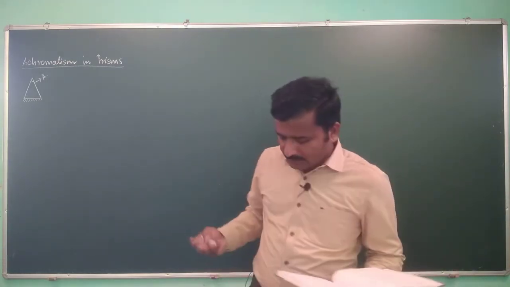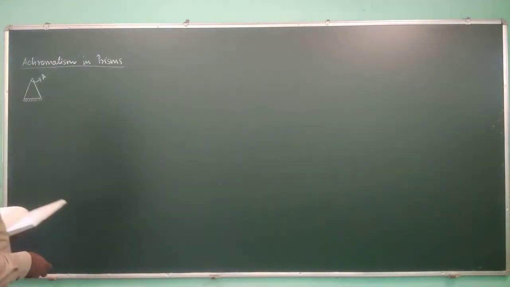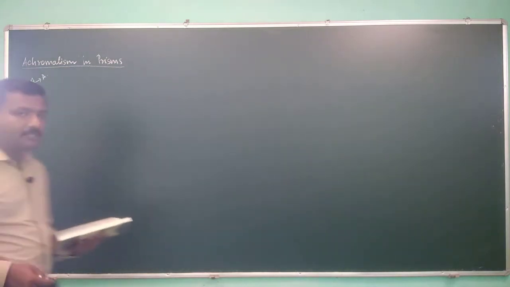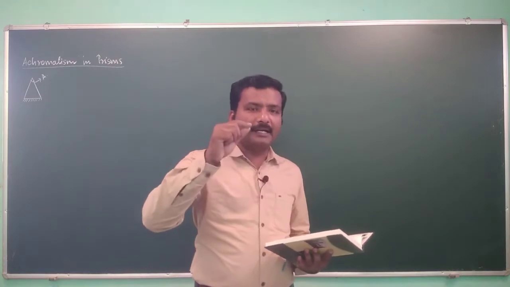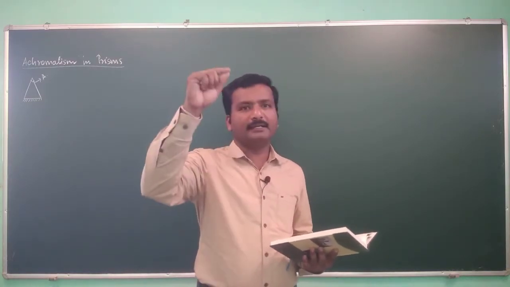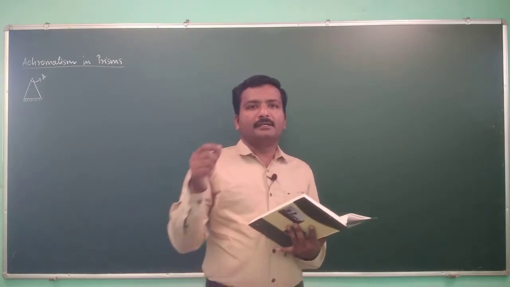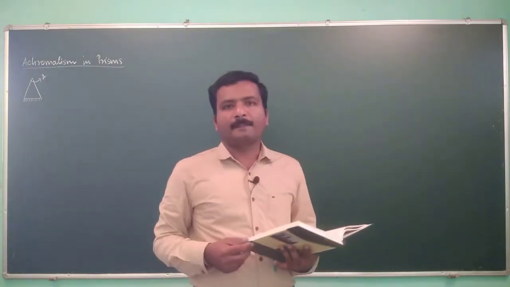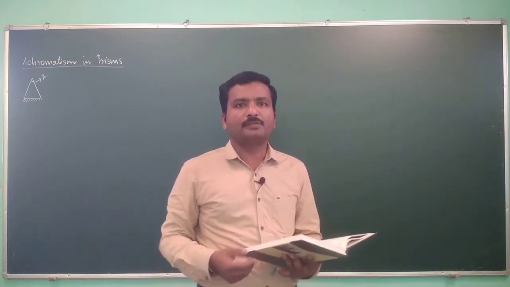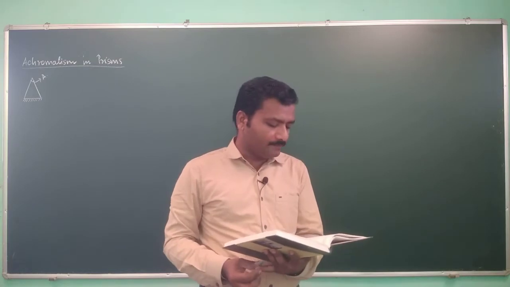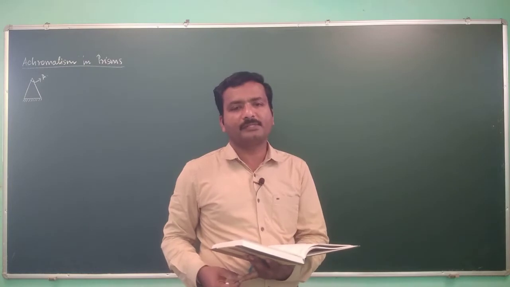And we will see one thing, that is deviation without dispersion. That is, the incoming light ray will not travel in its original line of direction. Instead, it will travel in a new direction, which is essentially a deviation, but there is no splitting up of colors, so there is no dispersion. This deviation without dispersion is called achromatism, and this combination of prisms is called achromatic prism.